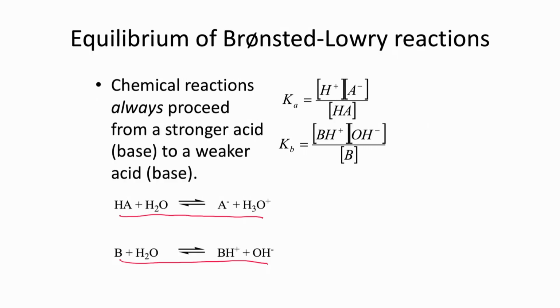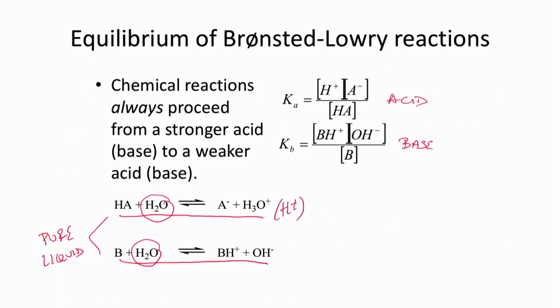So for Ka, which is for the acid, the products are H3O plus or H plus and A minus, the conjugate base of HA. So Ka is going to be H plus times A minus over HA. And then for the base, I have Kb. This is going to be the products over the reactants once again: concentration of BH plus times concentration of hydroxide ion divided by the concentration of the base. Notice that I ignore the H2O in both cases because water is a pure liquid and I only have to